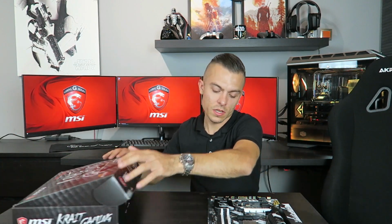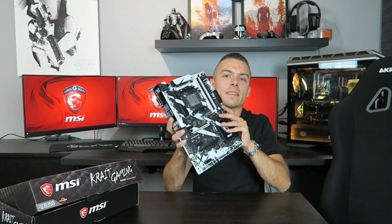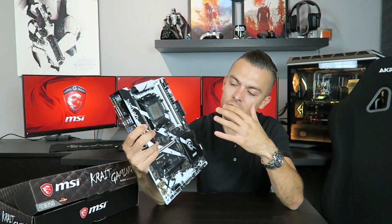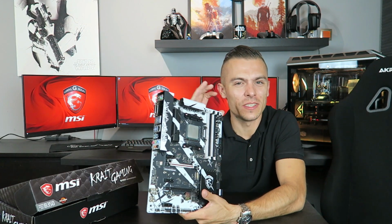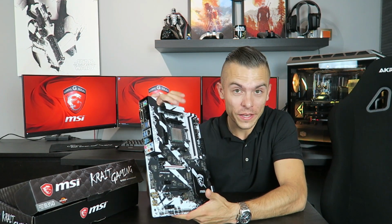Now let's go to the motherboard. The motherboard looks really nice because, as I said on the box, it has that big scratch all over the PCB board, and it gives a certain look and design, which is really cool. Now it's kind of easier to do a mod with this kind of motherboard, but still, okay, let's go to